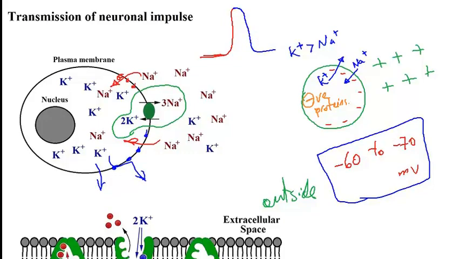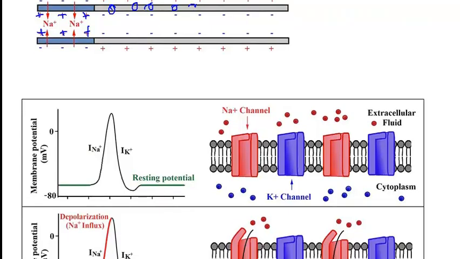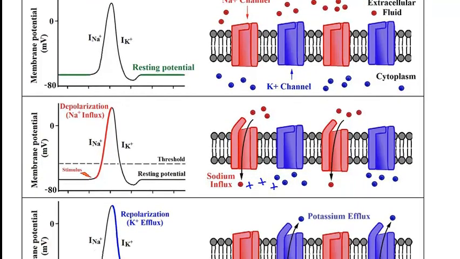We first described how the cell maintains a resting membrane potential, and then next, by opening the sodium channels, once a certain threshold is met by increase in the resting membrane potential, there would be increased positive charge inside the cell. And then later on in the next phase, which is repolarization, by opening the potassium channels, potassium will get out of the cell and the cell membrane potential will be restored.